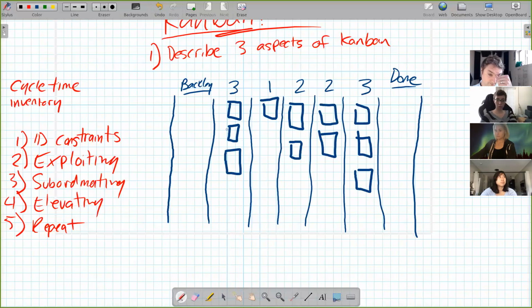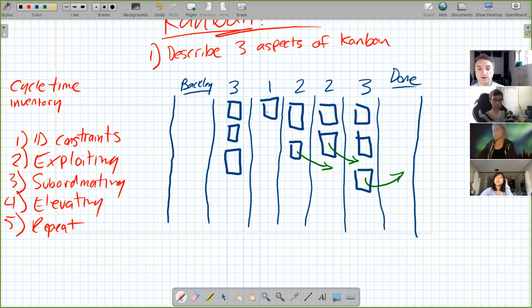So would one of those cards in that first column of 3, when it's complete, skip automatically to done, or is it moving across this funnel? It's moving across. What happens is, cool, this one finishes the process, and so it goes into done. And that means this one can move here. That means this one can move here. That means this one can move here. This one moves here. And then the next thing off the backlog moves into that.